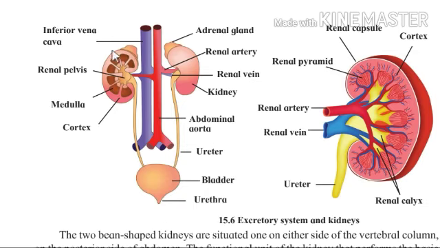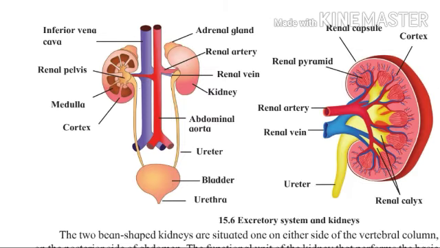Here each kidney shows the outer cortex, the middle part is the medulla, from which the collecting tubules collect together to form the renal pelvis. And from this renal pelvis, the ureter starts to go towards the bladder. Also, each kidney is supplied by the inferior vena cava, which collects blood from the kidney, and the artery which supplies blood to both the kidneys separately.